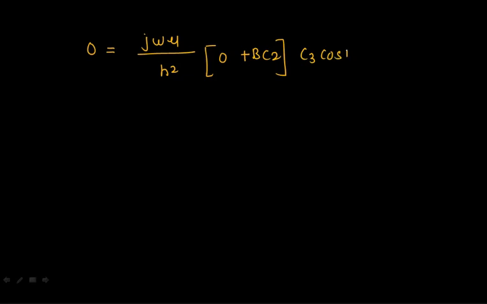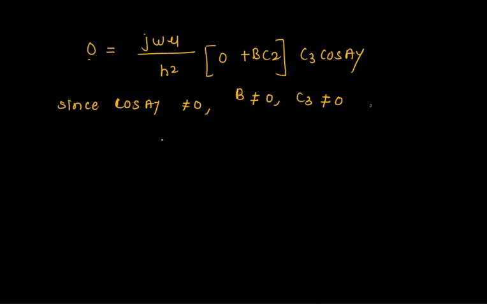c3 cos of ay. Now since I need this Ey is 0, या तो आपका ये कांस्टेंट है, ये तो 0 नहीं हो सकता, फिर आपका ay भी 0 नहीं हो सकता, b भी 0. Since you don't have this cos of ay 0, you don't have b as a 0, you don't have c3 as a 0, the only possibility is that your c2 will be 0. So substituting the value of c2, you will get hz is equal to, in the equation 1 I'll put that value. So C1 C3 cos of bx and cos of ay.